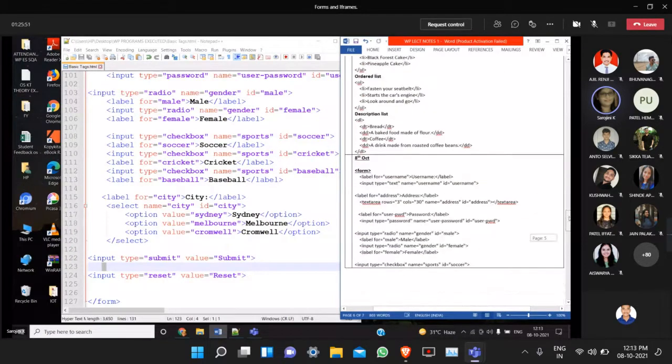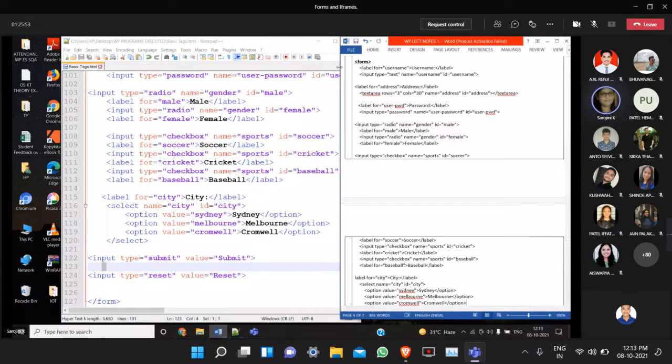But if I create a destination page, what attributes should be added? Within the form tag, students, please listen. I am adding these attributes only after the submit and reset buttons, the submit button especially. After I add the submit button, I am writing the attribute.